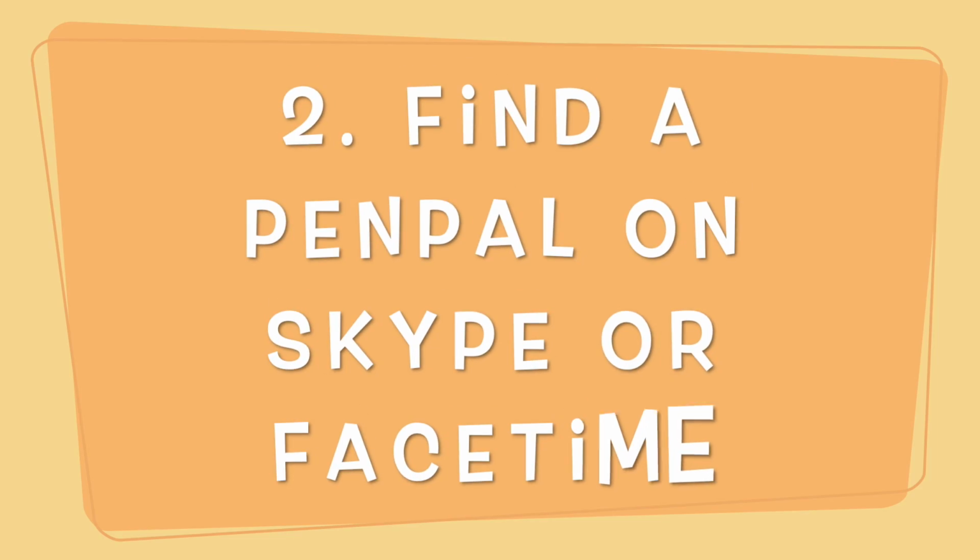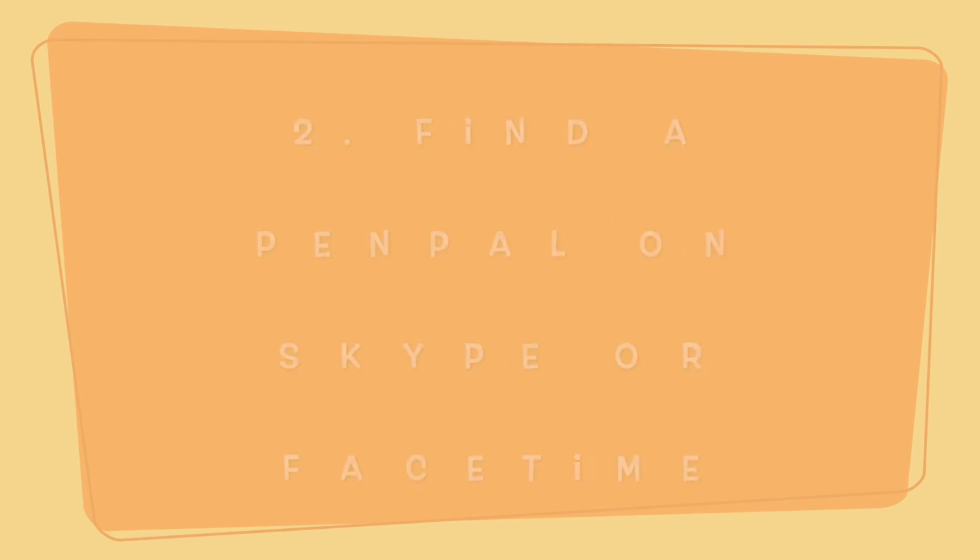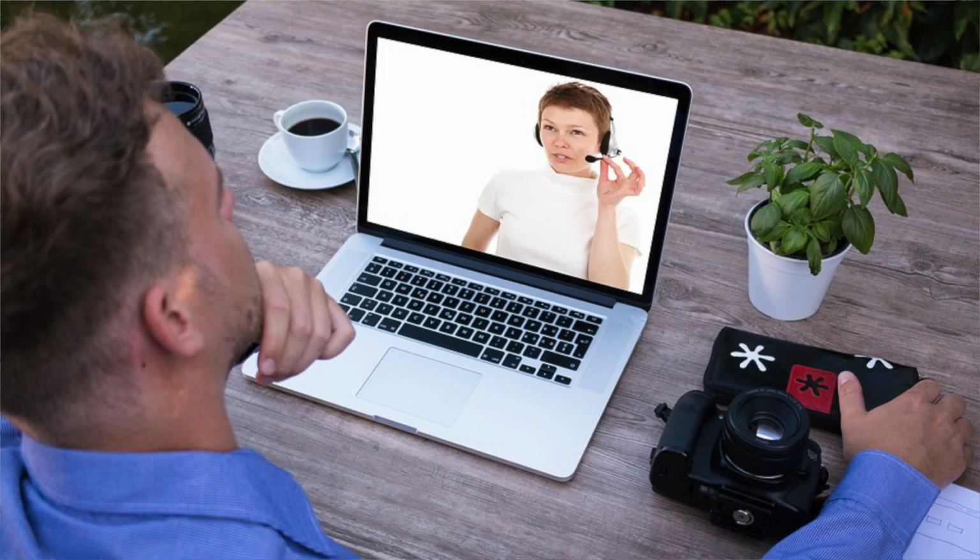A second way to find someone to practice English with is to find someone to be your pen pal. This is an older English word that means someone who you can write letters to. But you can also find a pen pal who is willing to have conversations with you via Skype or FaceTime. We are going to use a web page called